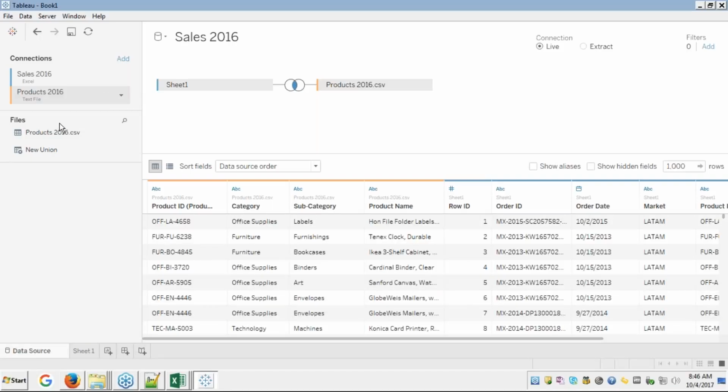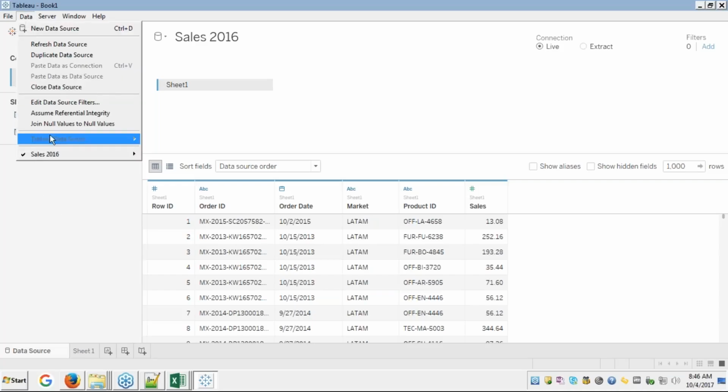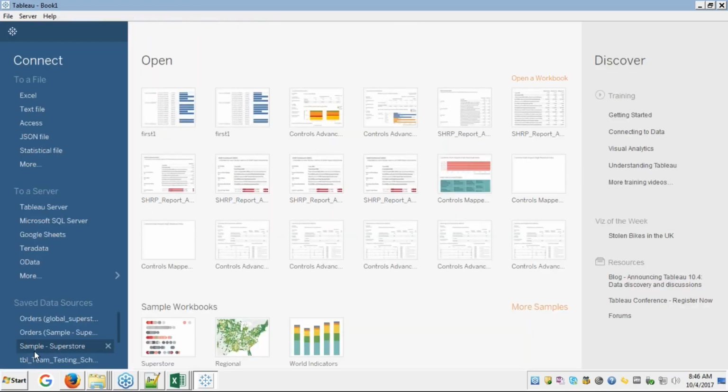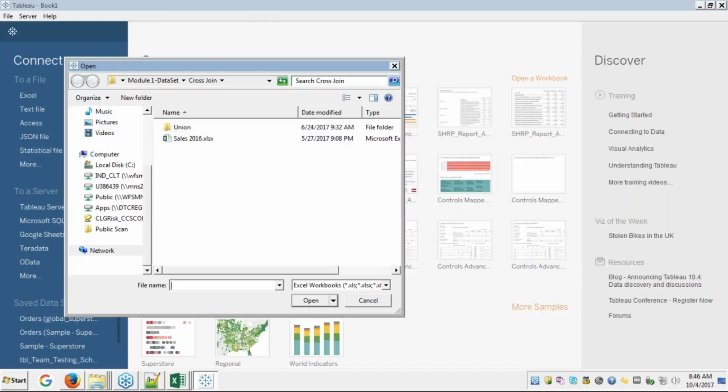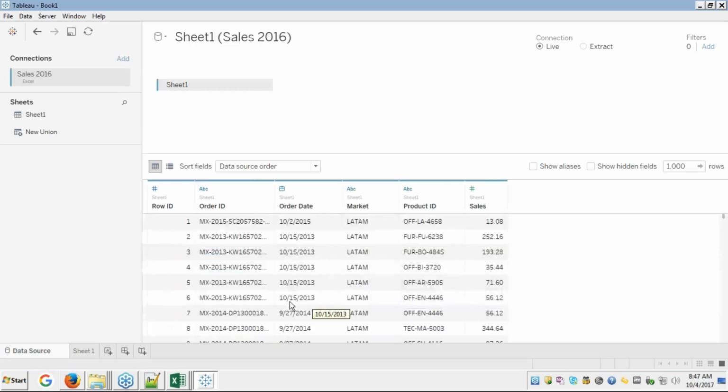Okay. So one more thing I forgot to tell you. So friends, the first connection you would be adding would be treated as a primary connection. Primary connection in the sense, for example, I'm going to add an Excel file now. So I'll be adding an Excel file first. So whatever first file I'm adding would be treated as my primary data source. So once I click on open on that primary data source,